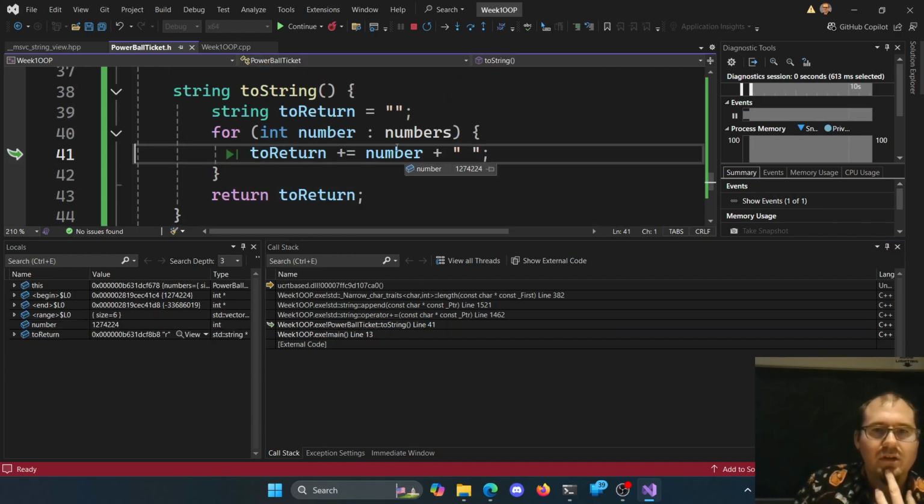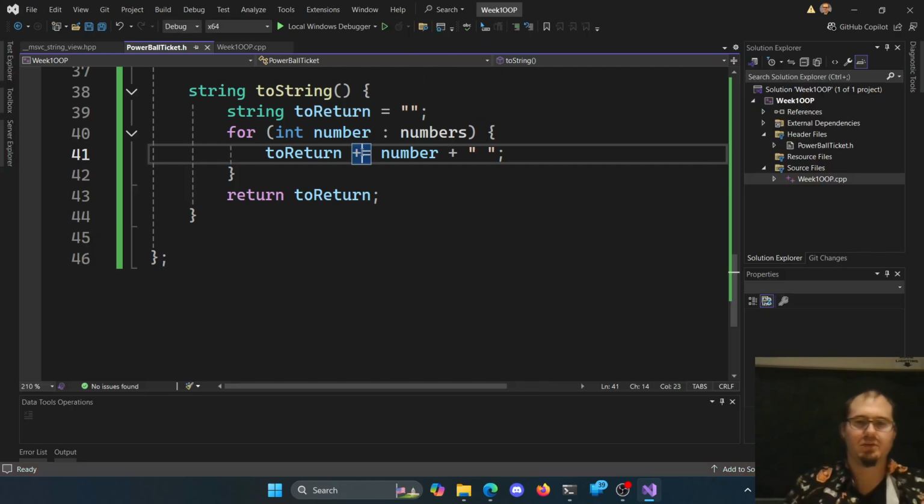To return. Oh, because I can't concatenate. Is that why it's failing here? It's not letting me do the concatenation here. Do I need to make a new string every time? Let's see. So to return equals to return